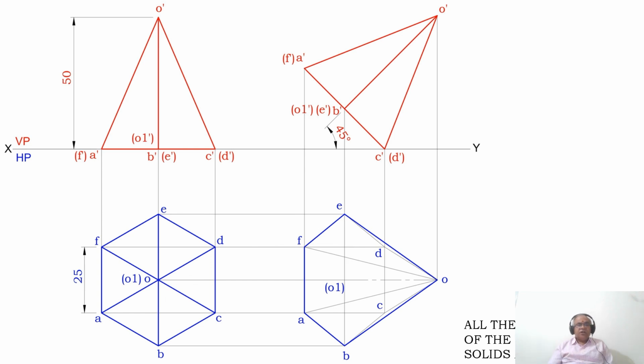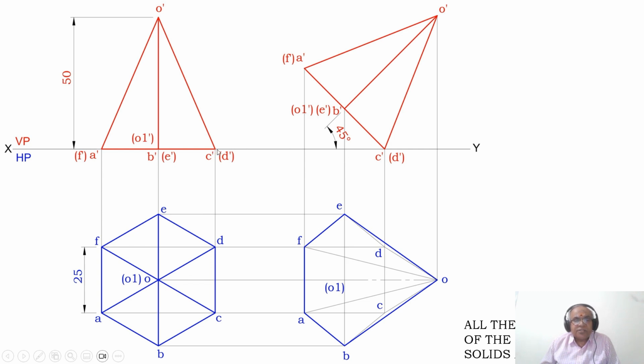There are the two edges which are perpendicular to VP. Which are all the two edges? One is A dash, F dash and the other one is C dash, D dash. If you rest it on C dash, D dash, then you can rotate it clockwise, and if you are resting on A dash, F dash, then it is going to be rotated in the anticlockwise direction. Since I want to rest on C dash, D dash, so what I need to do, you take any